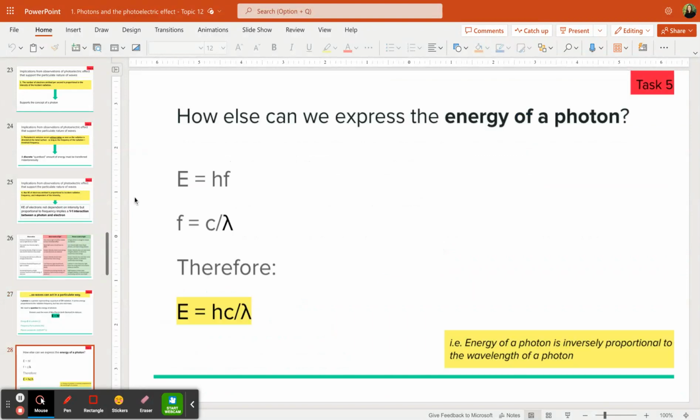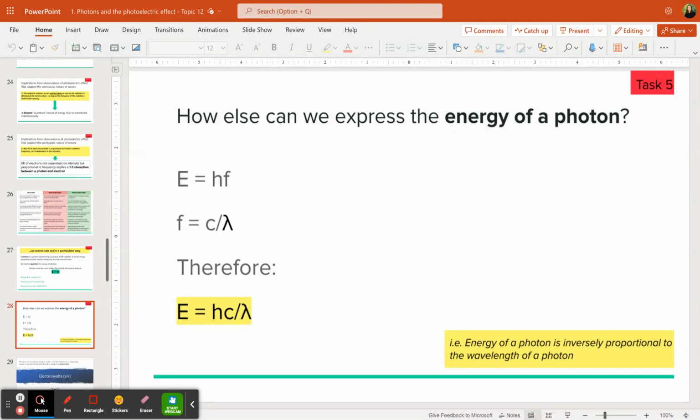We also know from our study of waves that the frequency of light is given by the speed of light in a vacuum divided by its wavelength. Those things still stand. Photons still travel at the speed of light and still have wavelengths. So the energy of one photon of light, one particle of light, can also be found by hc over lambda. We're just substituting in. So the energy of a photon is inversely proportional to its wavelength. We've got two equations, E equals hf and E equals hc over lambda, and those will both be measured in joules.